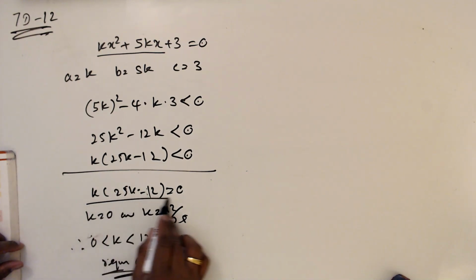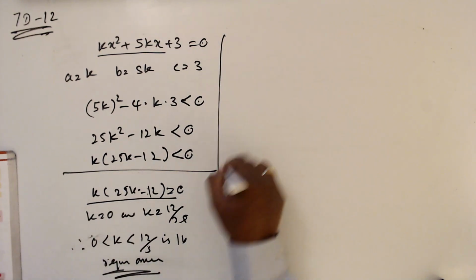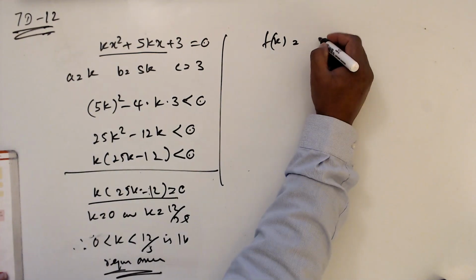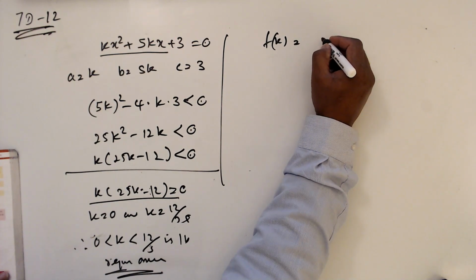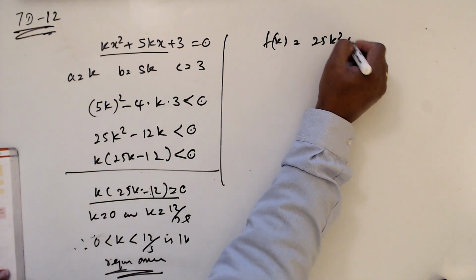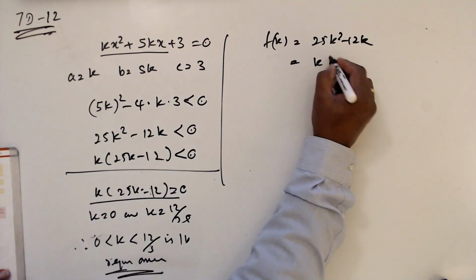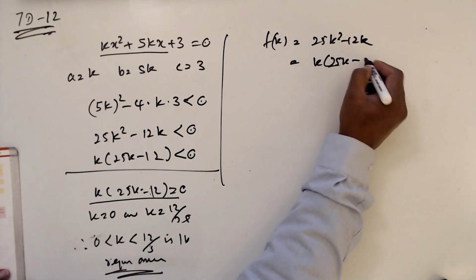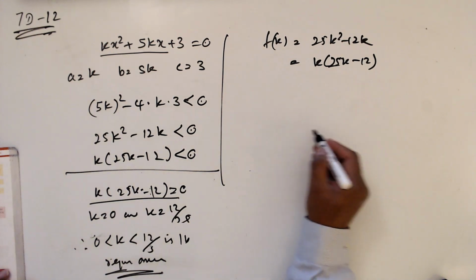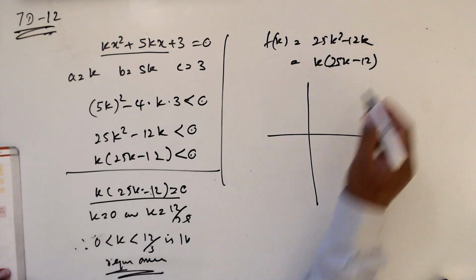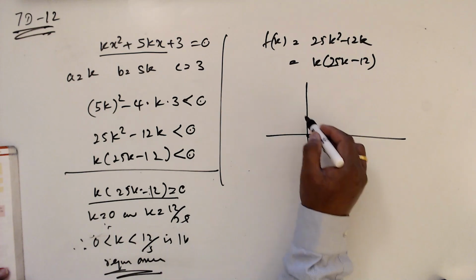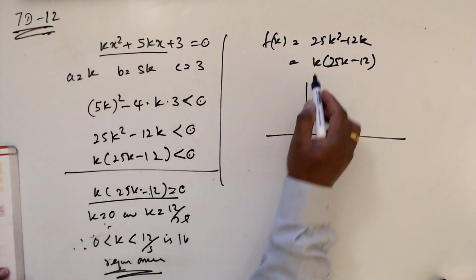Now when you consider this one, the f(k) graph. What is the f(k) graph? This one: 25k squared minus 12k, or k times (25k minus 12). So what are the roots of this graph? We found that k equals 0 is one root. And the graph is a positive quadratic,